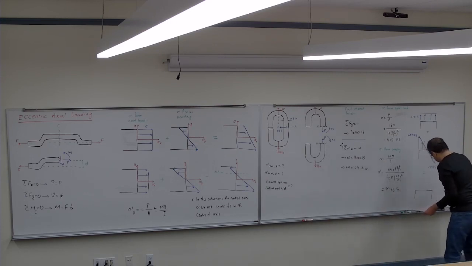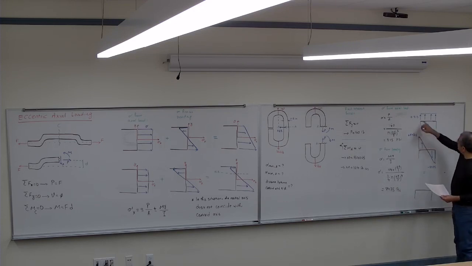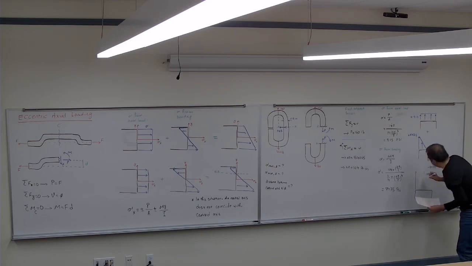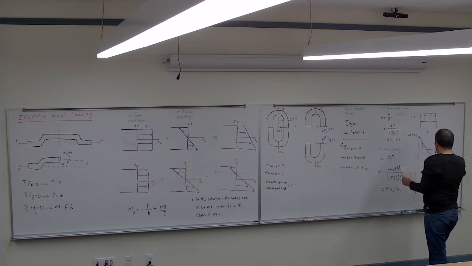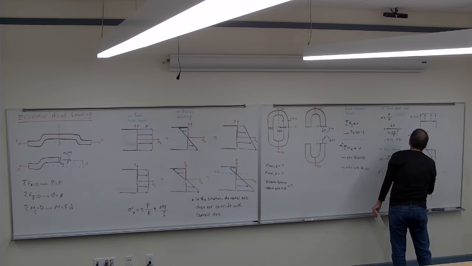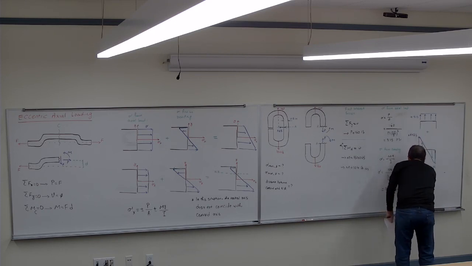maximal. So the maximum part is where both of the tensions have the same direction. So the maximum is going to be over here, which is 815 plus 8475, which would be equal to 9290,